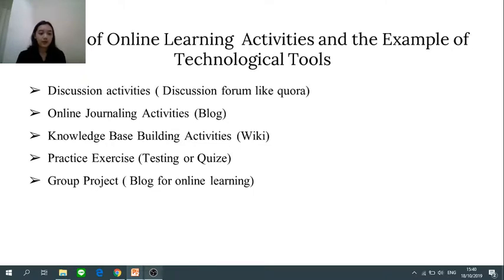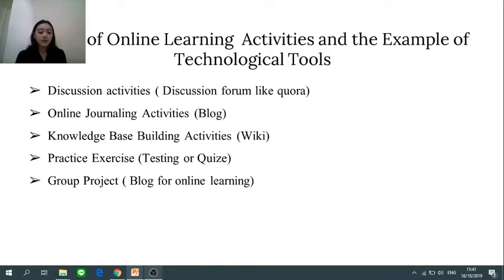Next is group project. Group projects have two types: online group presentation and group research project. In an online group project, students can communicate online frequently with their group members and can be informed of the presentation and shared documents. It makes students more collaborative and communicative. And group research projects is